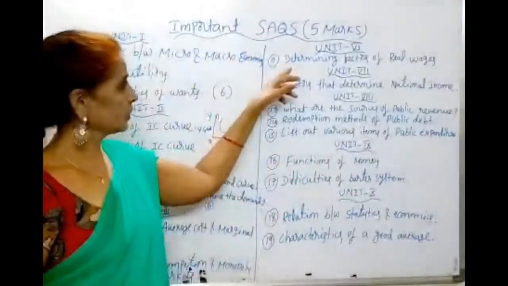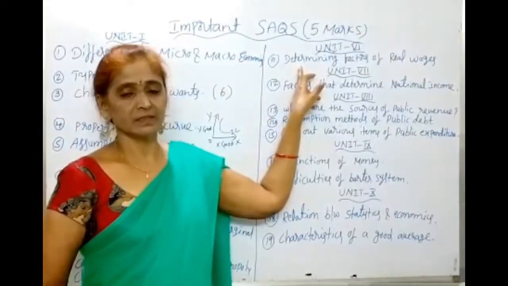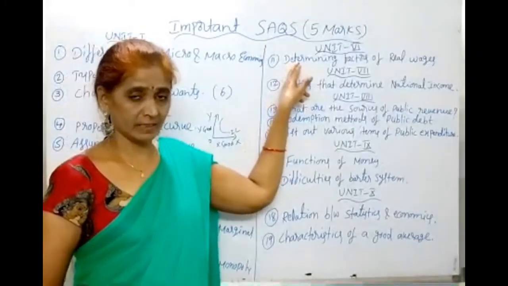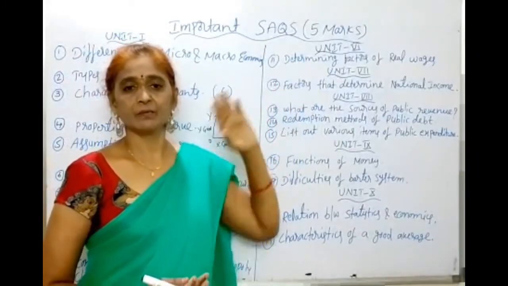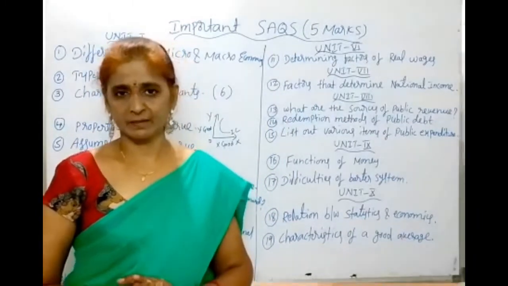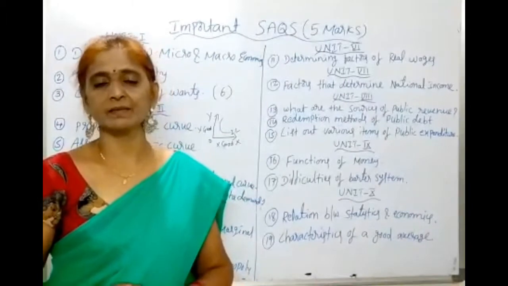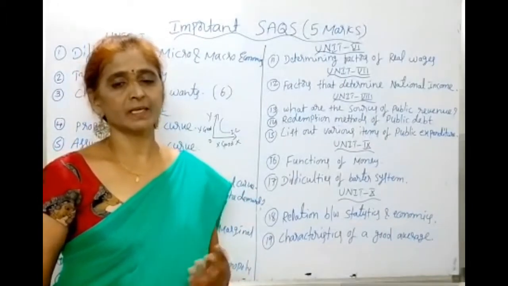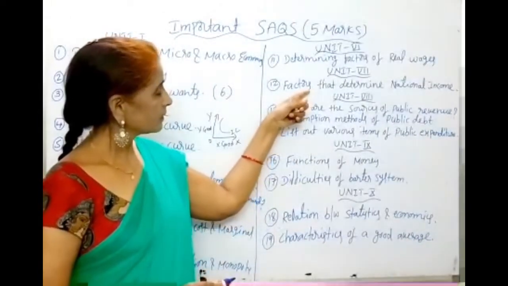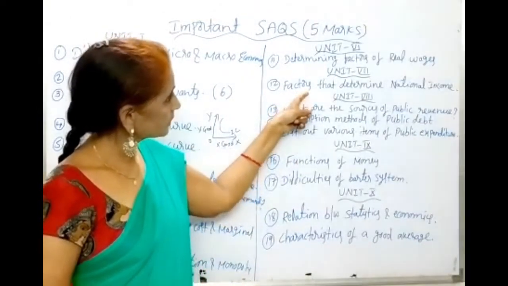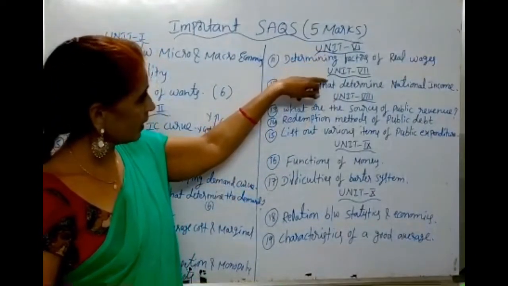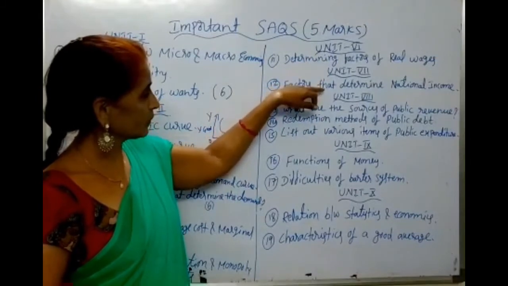Next, coming to the 6th unit, the most important question is determining factors of national income. National income is decided by, first write the definition of national income and later 4 side headings are there: natural resources, quantity and quality of factors of production, technological progress and political will. So explain the 4 side headings. And next, coming to the 7th unit. Very sorry, instead of 6th unit I am explaining about 7th unit.